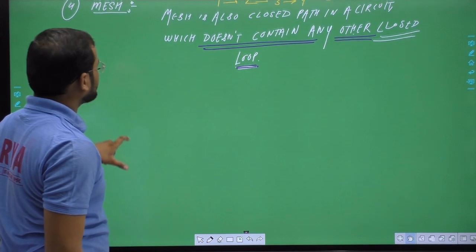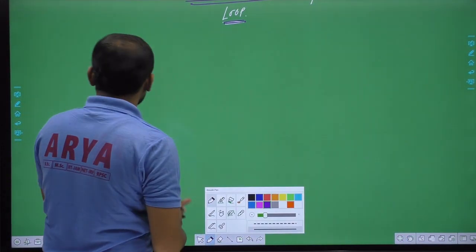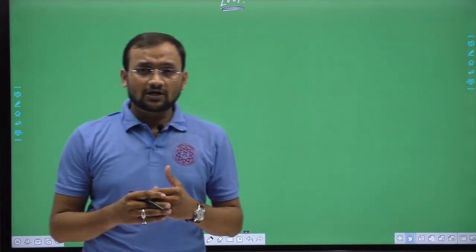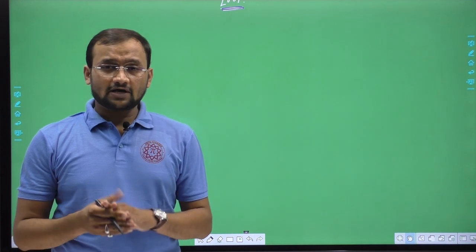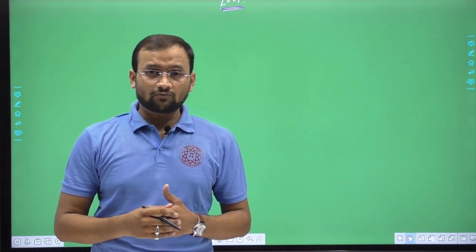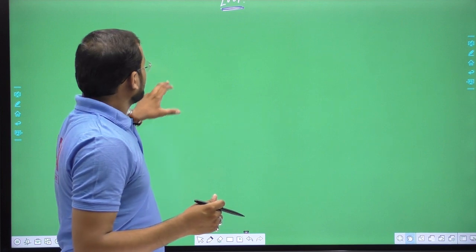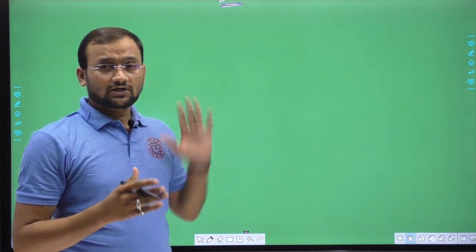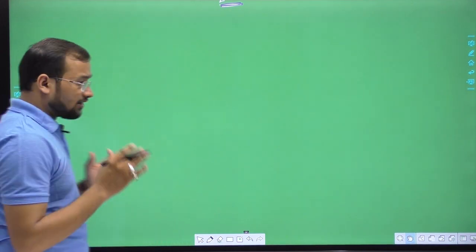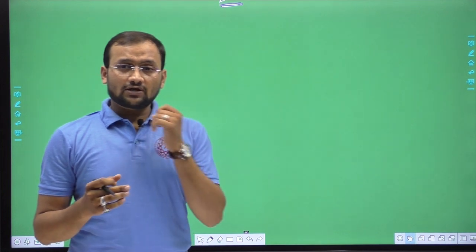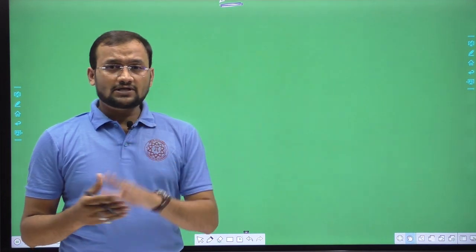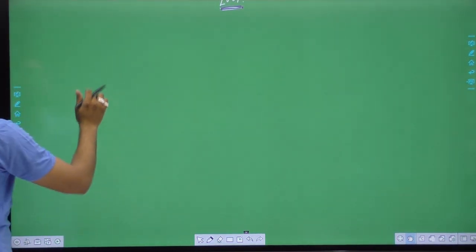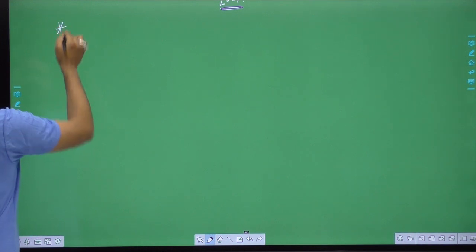Next I come to sources. I will discuss here only the terms which are important from the point of view of our exam, and will try to cover all the important points and terms which are important in our exam. When we are doing a question, we have to keep in mind all these basic terms. If you have the knowledge about these terms, then your question will become easy. Okay, what next is sources.